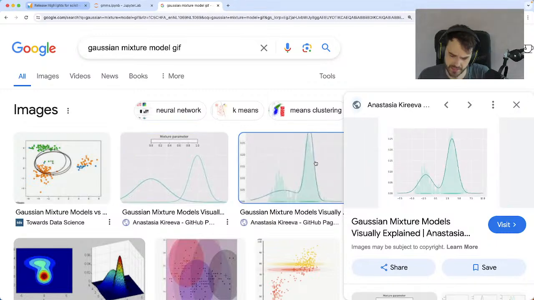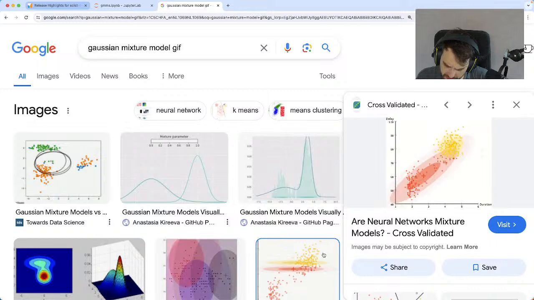Oh, actually, this one is, I think, on Wikipedia, but anyway. The thinking here is that we're going to have an algorithm that's going to fit all these Gaussians on our behalf, and that's going to be quite useful. And again, the main thing we're trying to do here is get data going in, and then some sort of probability distribution that comes out. That's the plan. That's what we're going to be going for.